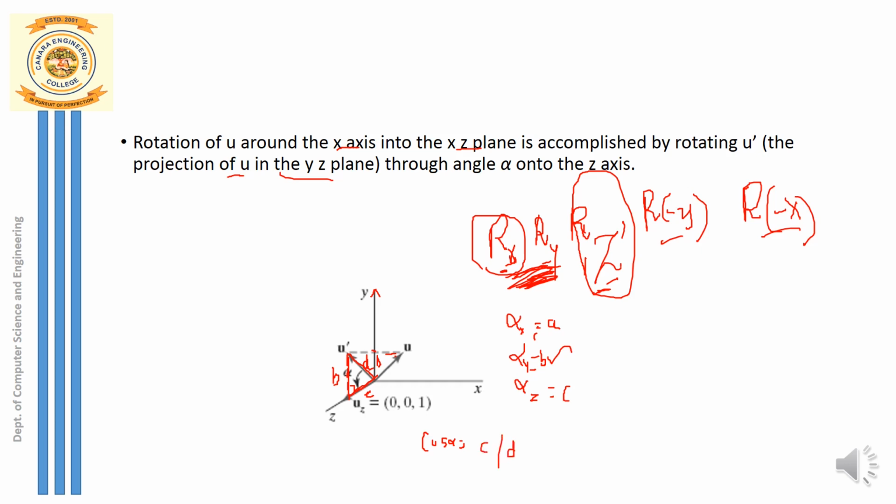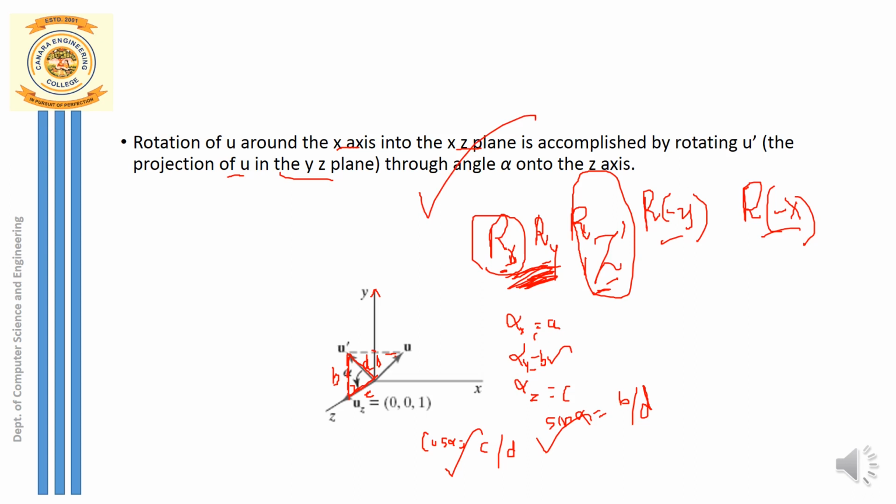So what is sine of alpha? Sine of alpha is given by opposite side by hypotenuse. The opposite side is the one opposite to this angle, and that is equal to b divided by d. So why am I calculating cosine and sine? Because finally I am going to write the rotation matrix Rx, wherein all the terms inside the matrix are cosine and sine. So instead of directly taking the a, b, c components, I'll calculate cosine of alpha and sine of alpha so that I can substitute these values in my rotation matrix. This is how you have to calculate the rotation matrix.